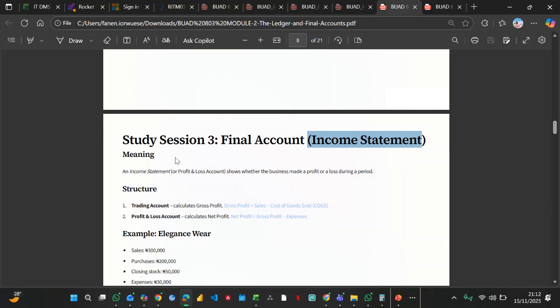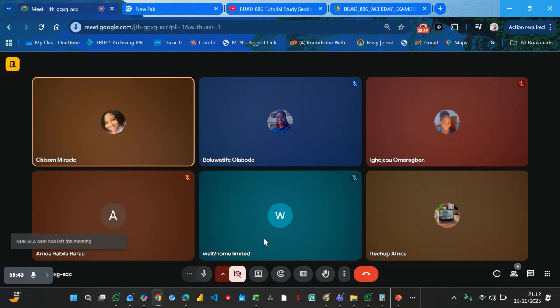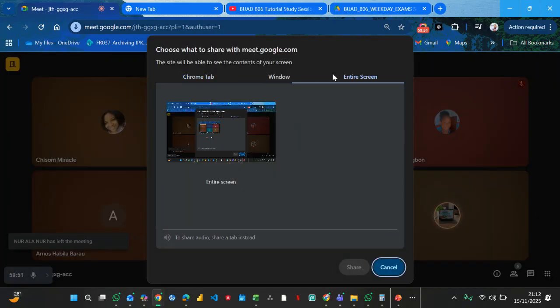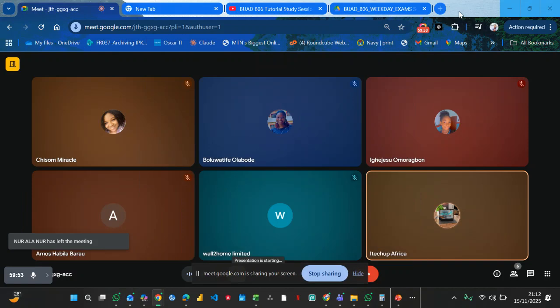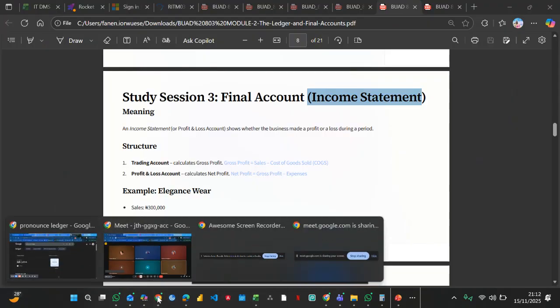So what an income statement is trying to do for you is help you ask, like I can come to a business and ask, are you guys making profit or are you losing? That's what the income statement is doing for you. Once you do your income statement, it will show you all these things. Can you see? If you look at the structure, the trading account calculates the gross profit, and then we have